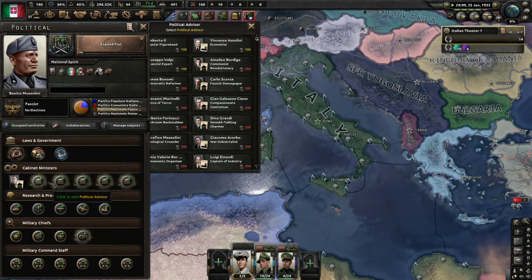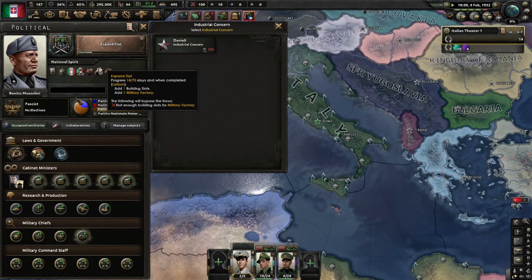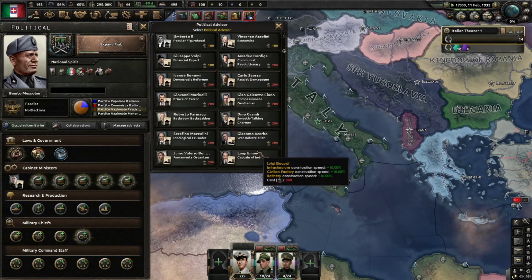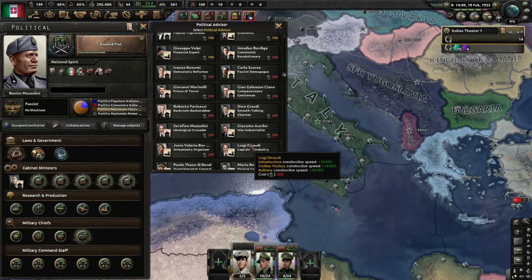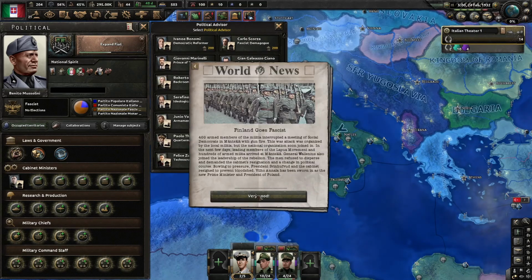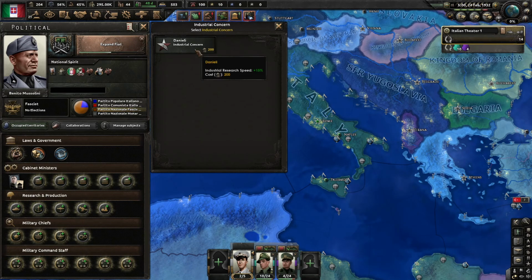Okay, that's done. Alright. I actually do want the industrial concern thing. That's a 15% research boost. Is there anything else that I need that I'm producing? Captain of industry, that could go a long way. Finland goes fascist. That doesn't shock me. I would say if it was me...